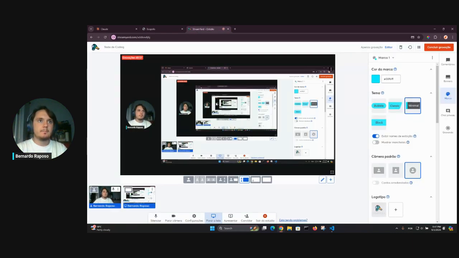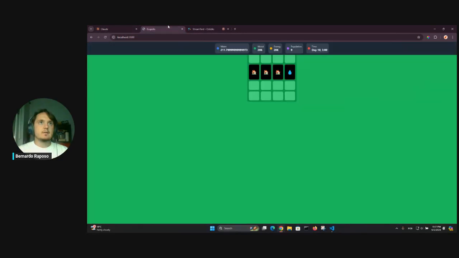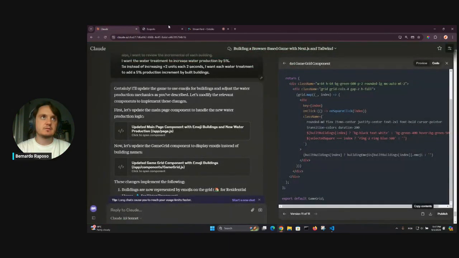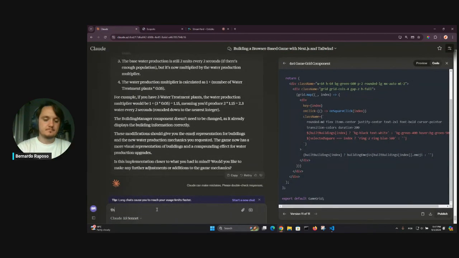So we're back, and I can see we already have the emoji system working here and the 5% increment here. The thing is, okay, but I want 5% increment should always be a,